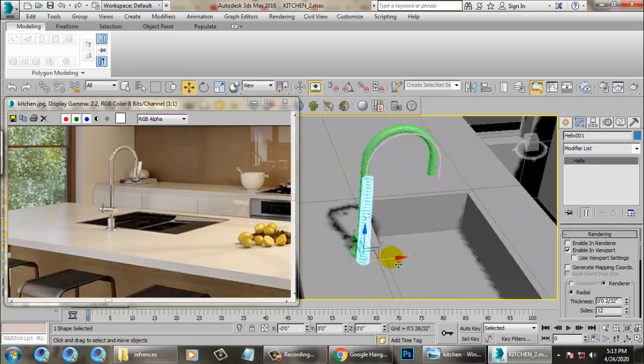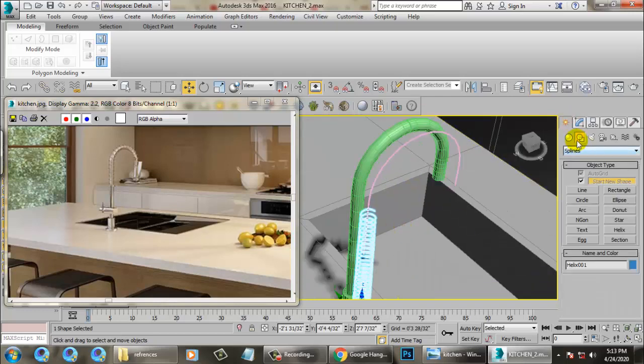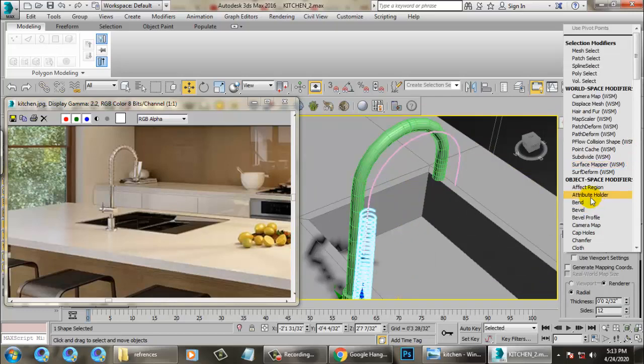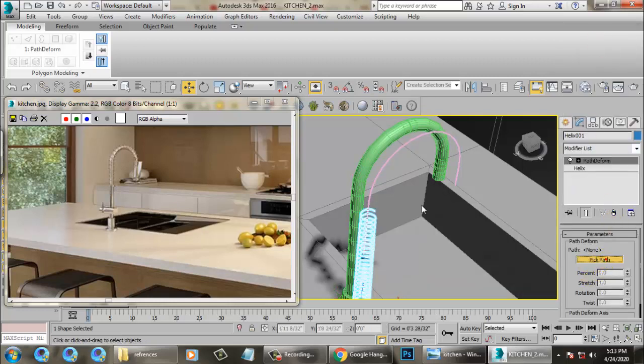and let's go into the modifier. Then we have a modifier called path deform. Pick path.